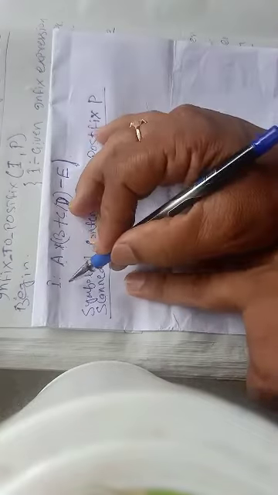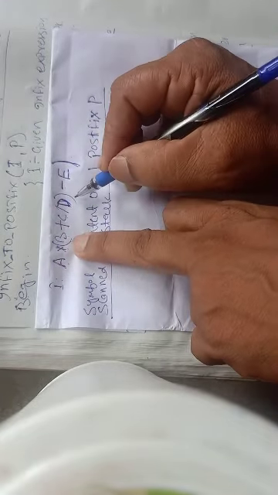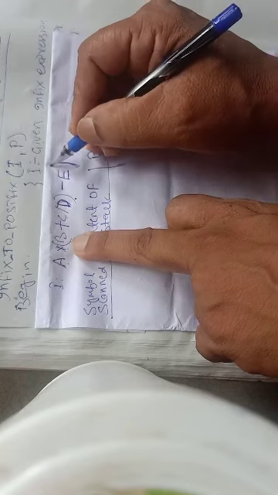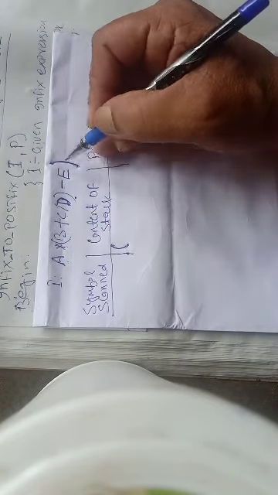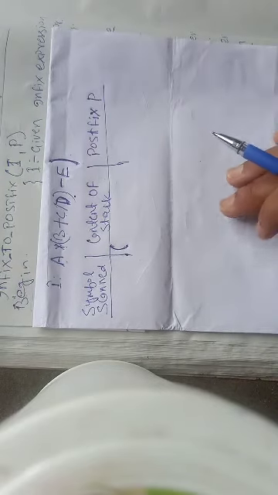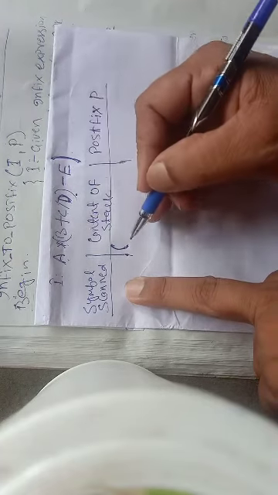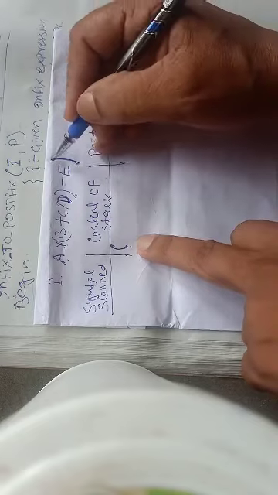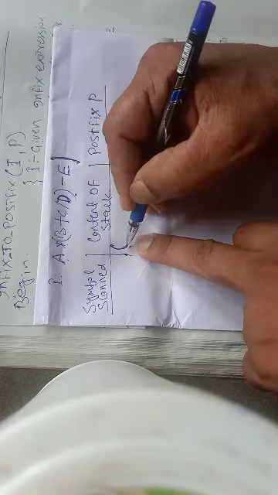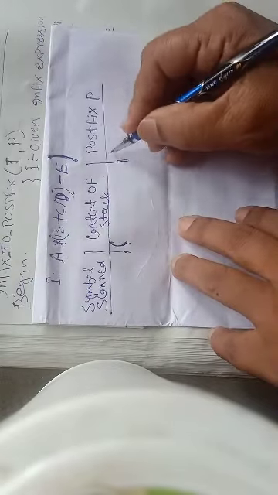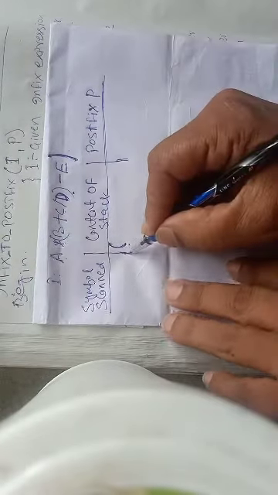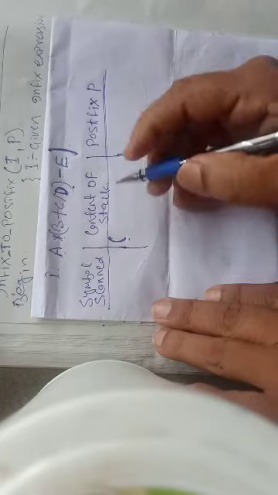Already in I there was one left bracket and one right bracket, but I have put an extra right bracket at the end. This right bracket must have a matching left, because in an expression there must be matching brackets. Right now there is no matching bracket, so the left bracket is inserted into the stack, and the right is added at I. Now left and right become matching. Postfix P is initially empty. So now my symbol will be scanned. My first step is over.